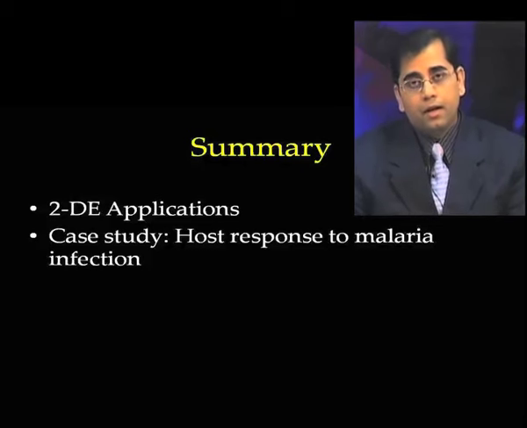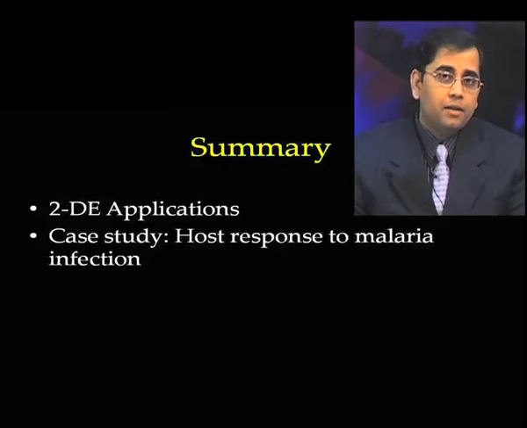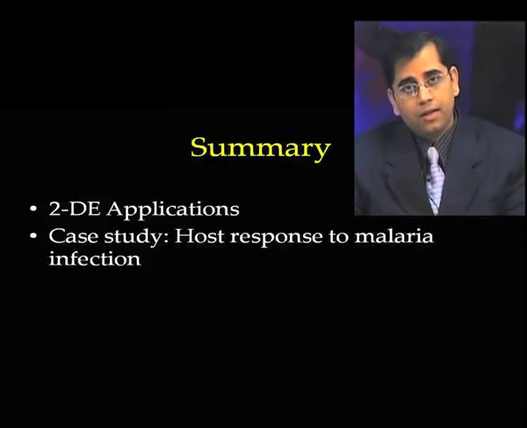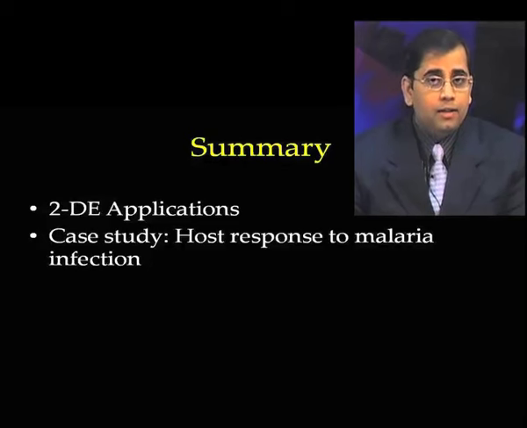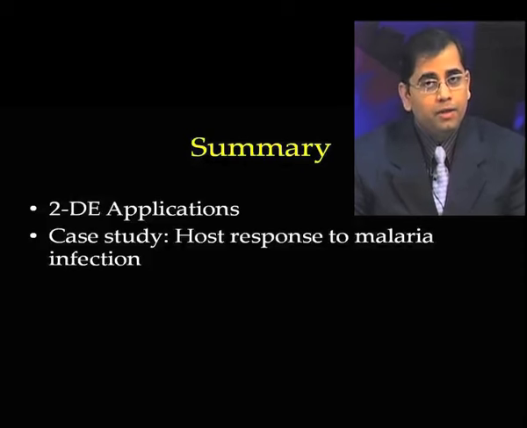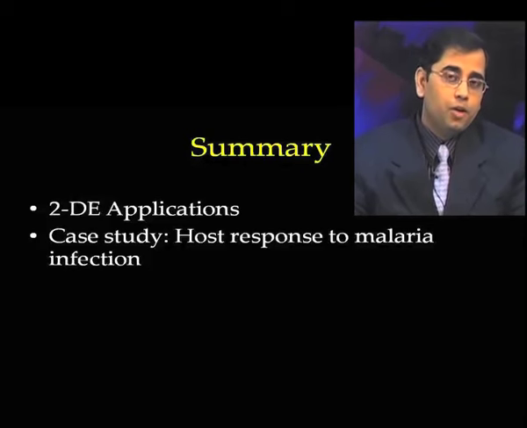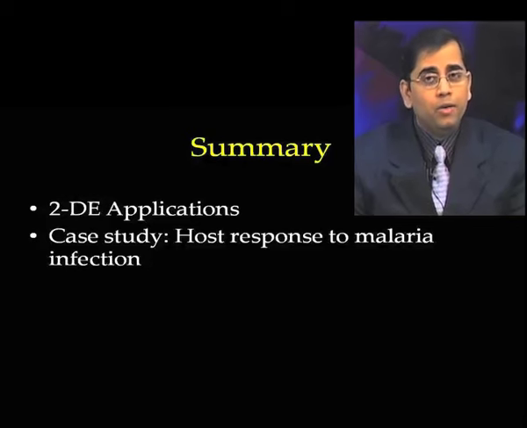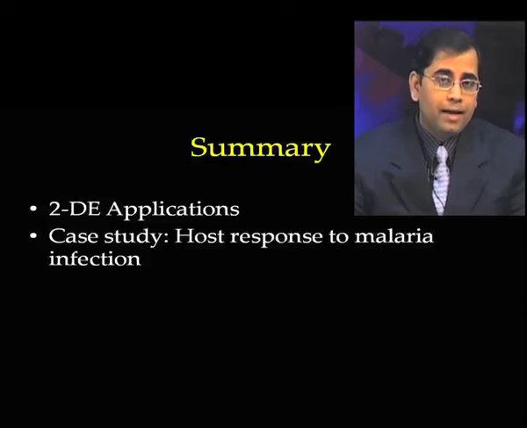If you can increase the overall proteome coverage, so that you can separate over 1500 to 2000 proteins on the gel reproducibly, then you have a good chance of identifying various potential targets, which could be novel drug targets or potential biomarkers. But if you have not done the proper quality control experiments, you have not optimized the protocols properly and your proteome coverage is very poor on the gel, then you are comparing only a partial proteome, and there is a good likelihood that you will miss many important changes.